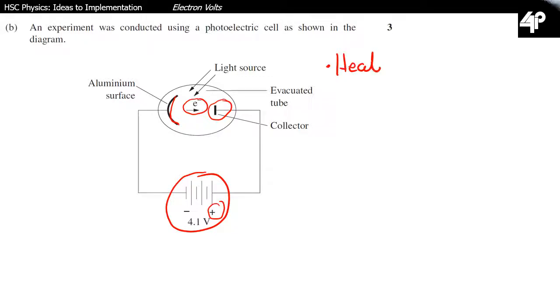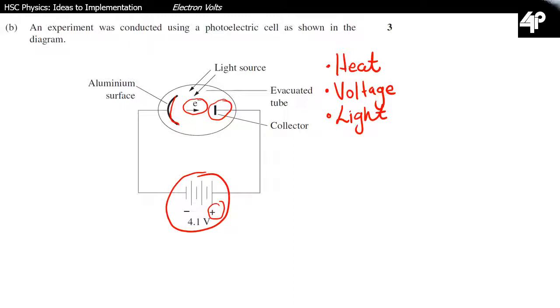This is how the thermionic devices work, where you're using a heated filament to provide at least some of the energy required to get electrons to overcome the work function and leave the surface of the metal. The second way here, and this is what's being used in the diagram, is to use a voltage. And the third is the photoelectric effect, where we hit it with light of a sufficiently high